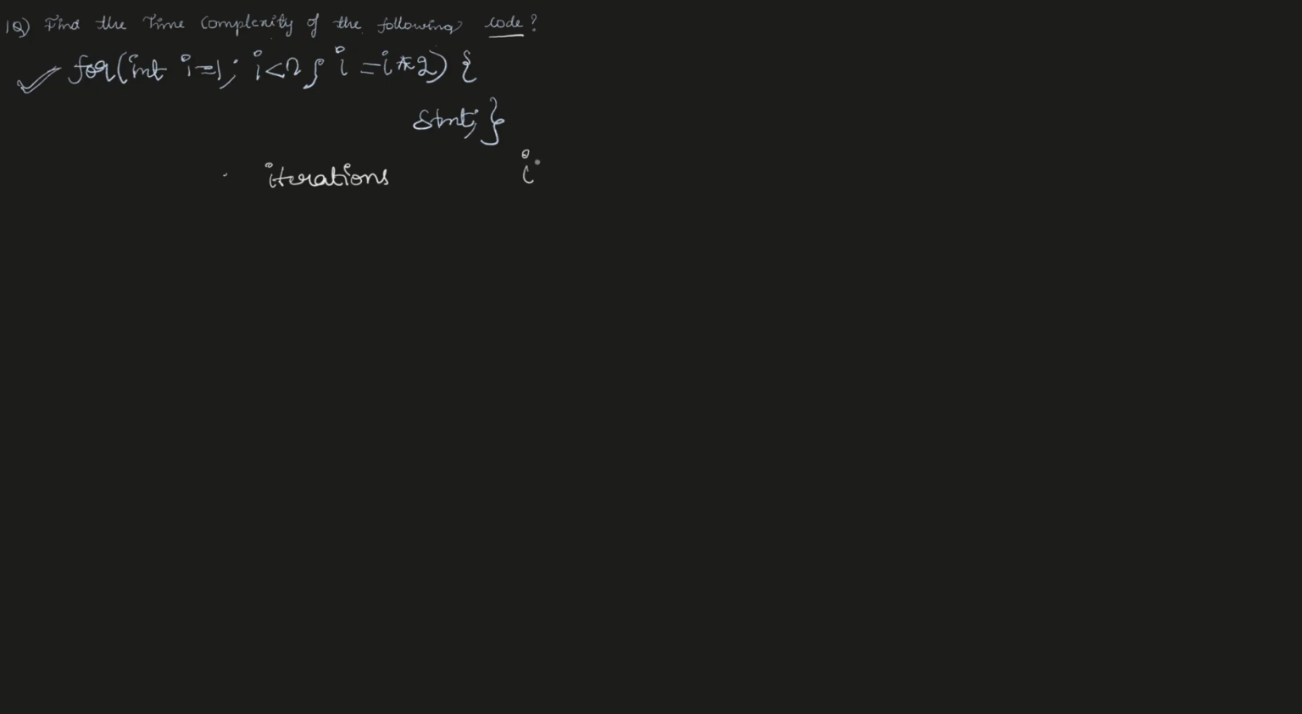and the I value. For the first iteration, the value of I is 1. In the second iteration, the value of I increases to I into 2. That is 1 into 2. That is 2. In the third iteration, it again increases 2 times. So the present I value is 2. So 2 into 2. That is 4. In the same way, if we continue some k iterations, because we don't know the number of iterations, so we consider it as k. So this would become,